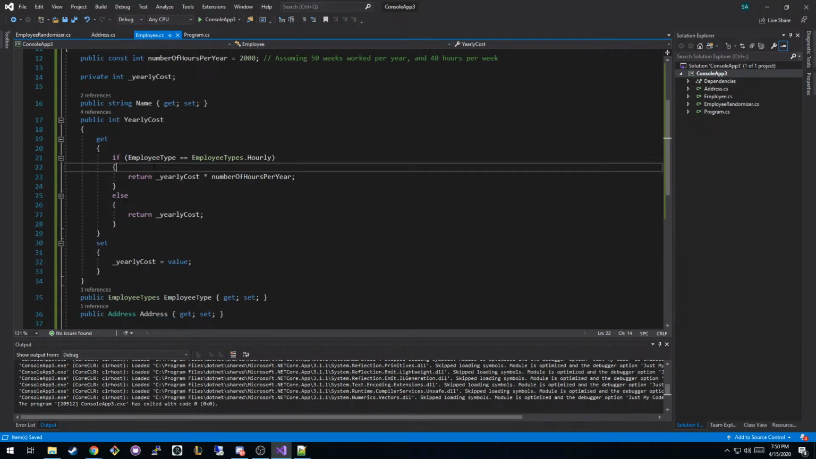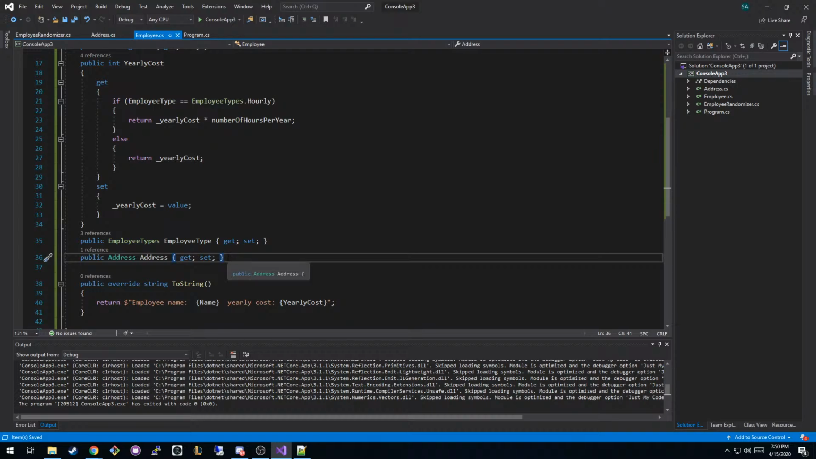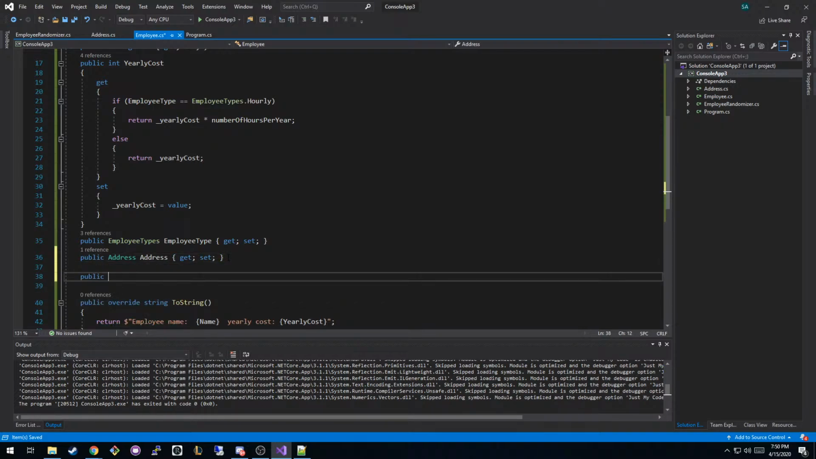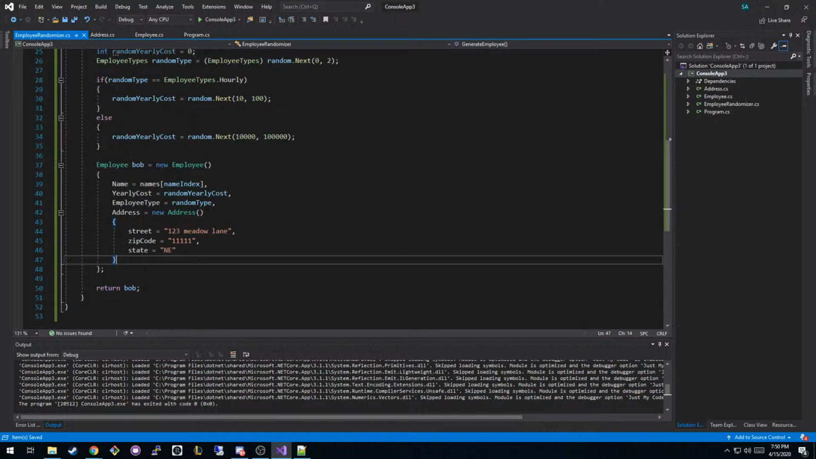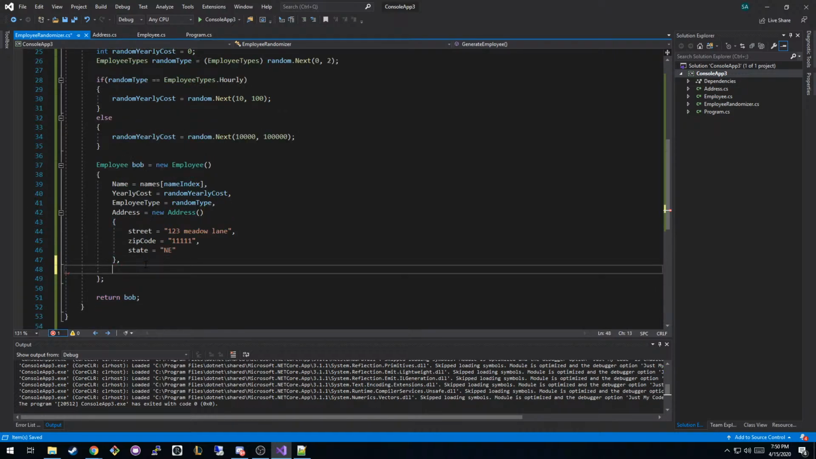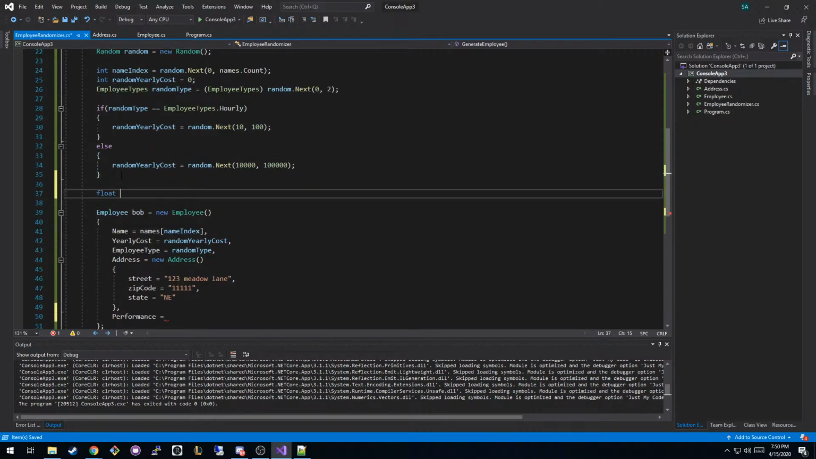Let's add in maybe a performance, right? So let's say if their performance is 0, they get like a 1% bonus. If their performance is 100%, they get like, I don't know, a 10% bonus or something. So let's add a float called performance. And then let's go to our randomizer and say our employees' performance is going to be equal to a random performance. So we'll say float random performance is equal to